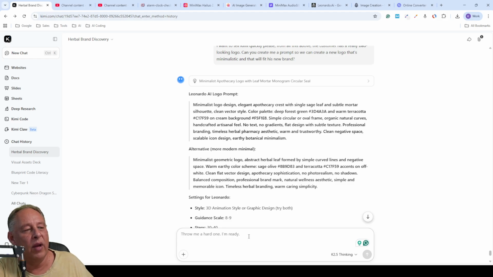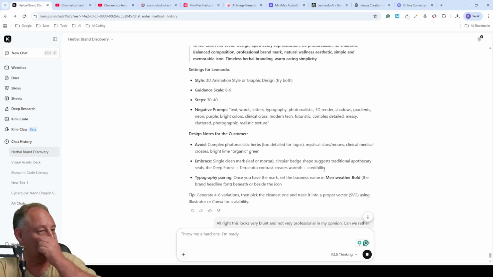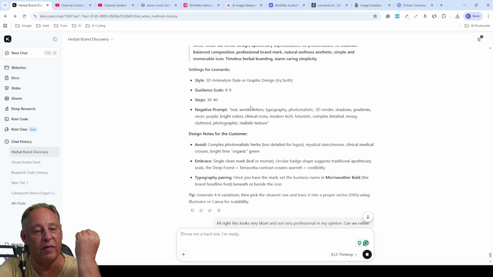Can we rather create an icon as the logo and use some glow in it, like a neon glow or maybe an acid green glow? And let's see, maybe before the 15 minutes here run out, I can give you an image that will look good